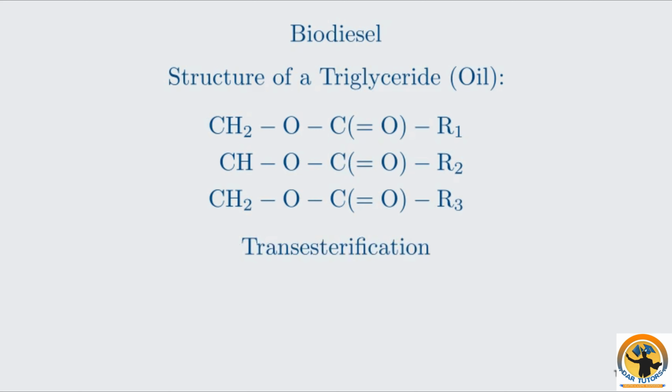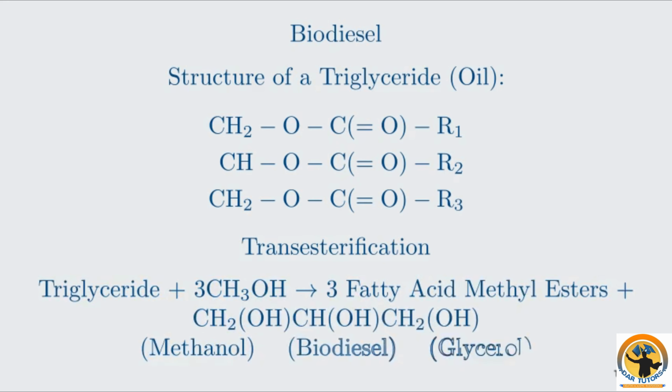Therefore, they undergo a chemical modification called trans-esterification. In this process, a triglyceride reacts with methanol, CH3OH, in the presence of an acid or alkaline catalyst. The fatty acid chains from the triglyceride are transferred to the methanol molecules, forming 3 fatty acid methyl esters, which are the components of biodiesel. The other product is glycerol, propane-1,3-diol. This reaction produces a fuel that is more volatile and less viscous, making it a suitable substitute for conventional